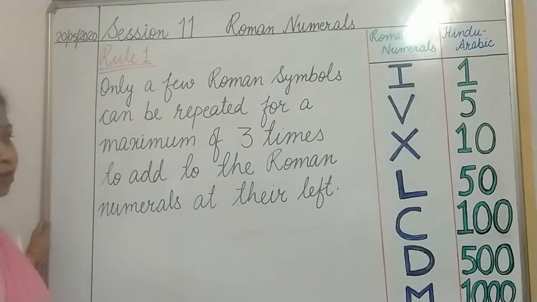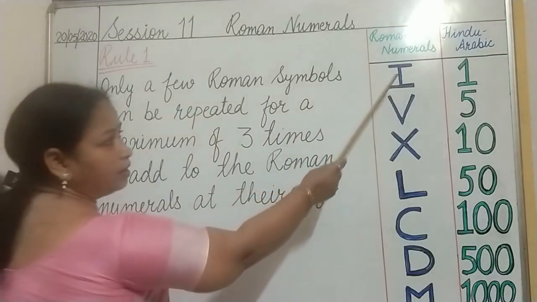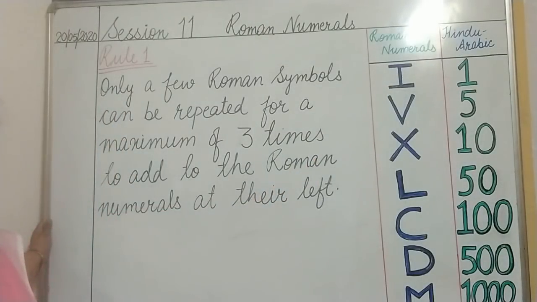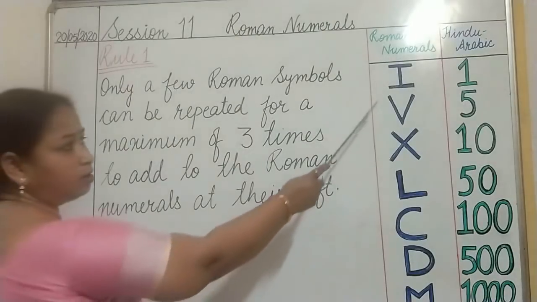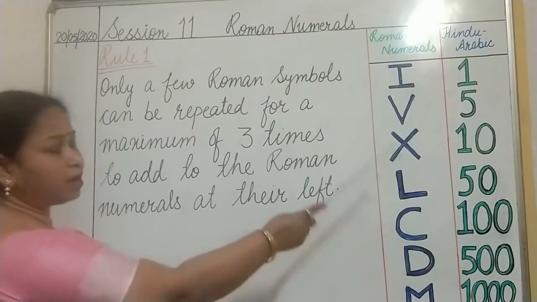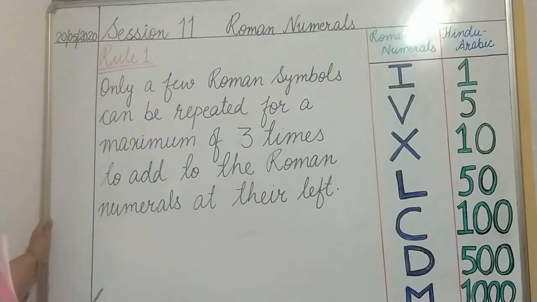So in your previous class you have learned some, but now as per your syllabus we are ready with 7 symbols. And what do these symbols stand for? How will you know? So I in Hindu Arabic. Now what is Hindu Arabic and what are Roman numerals? Roman numerals are these, as you can see over here. And Hindu Arabic, as you can see, is the counting numbers we use, isn't it?